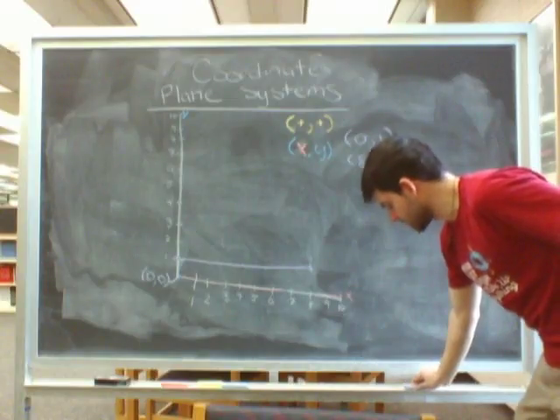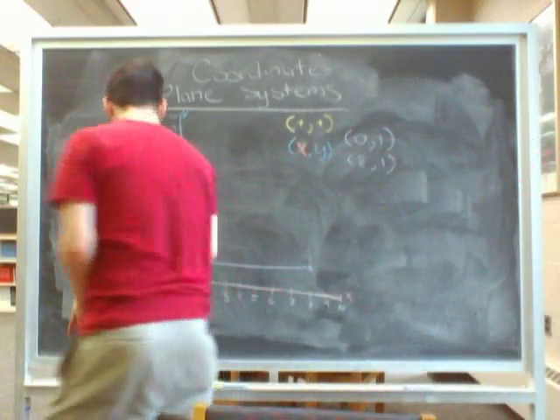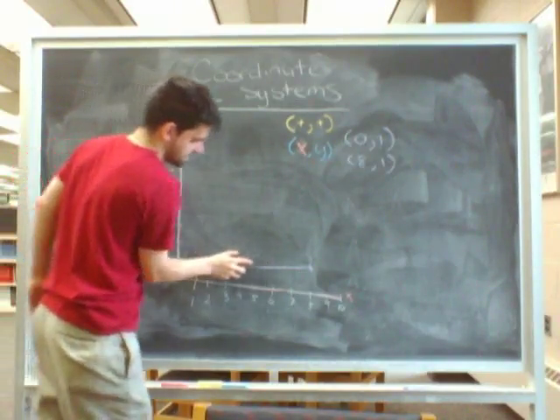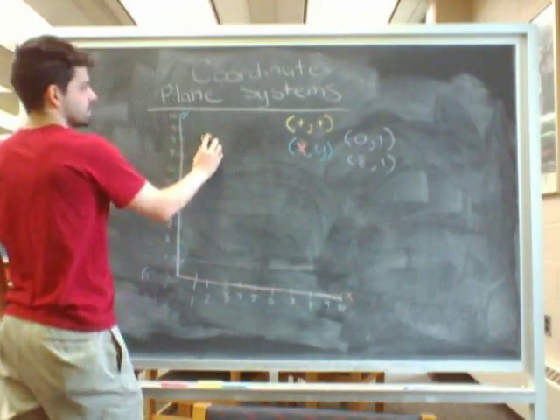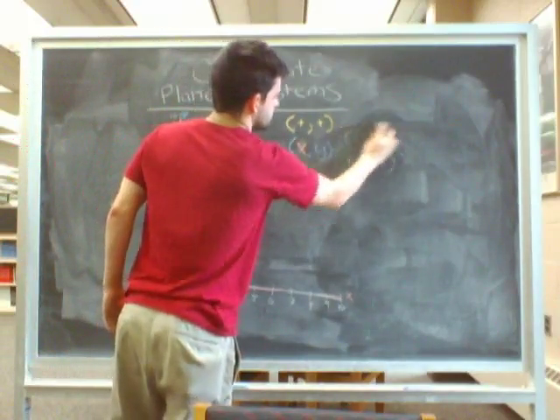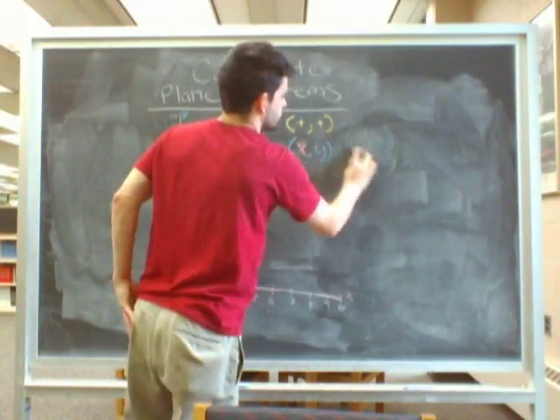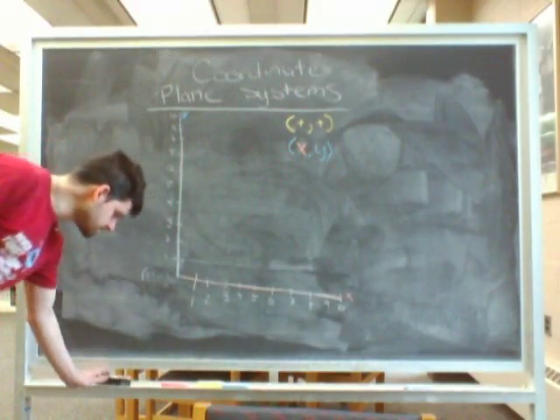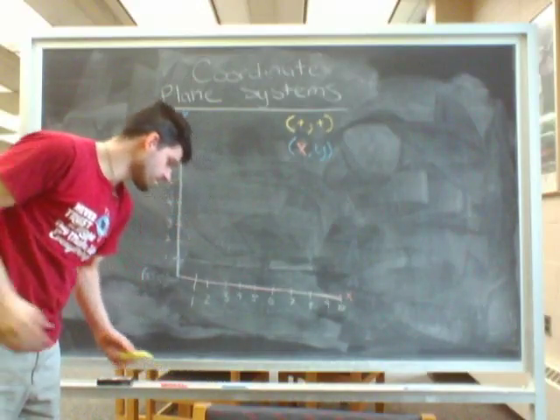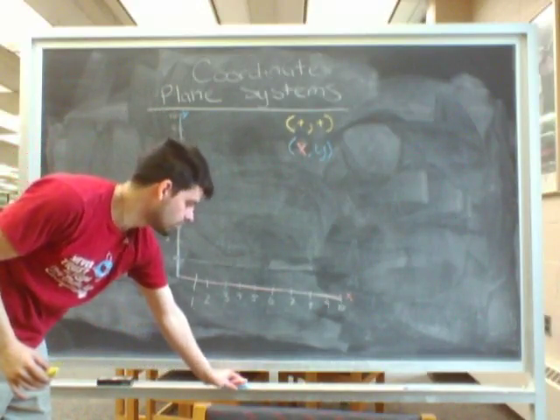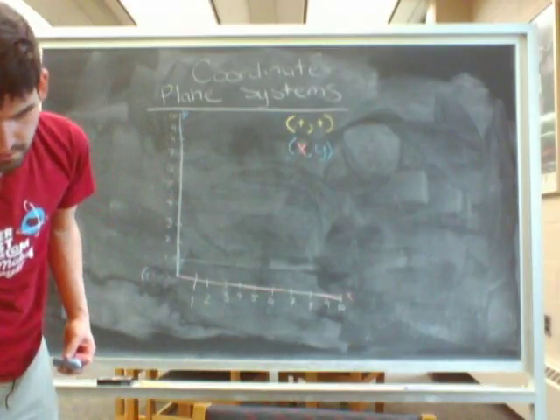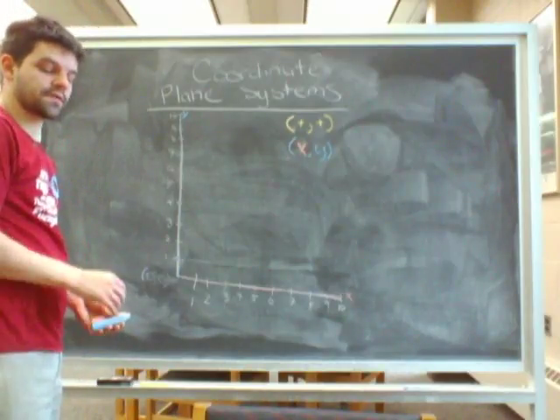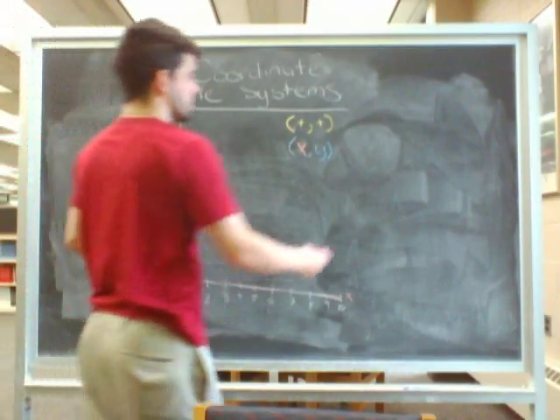So let's look at another example. Alright, this one tells us to plot the line segment that is formed from the points 5, 2, 5, 6. So again,